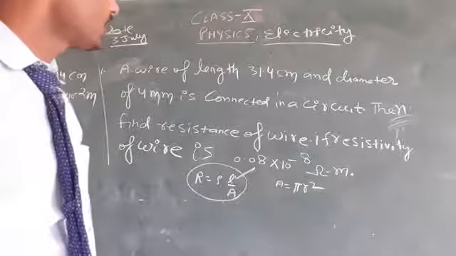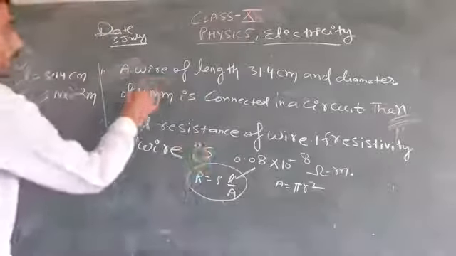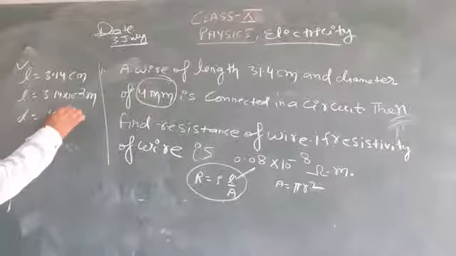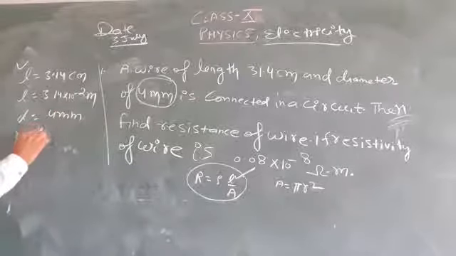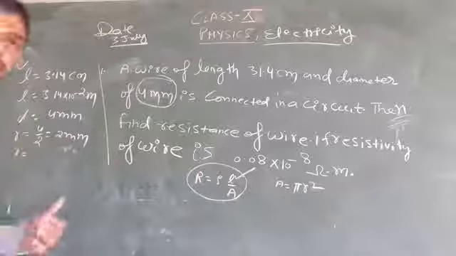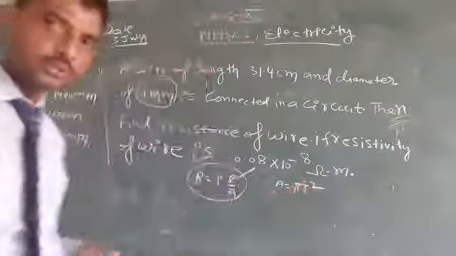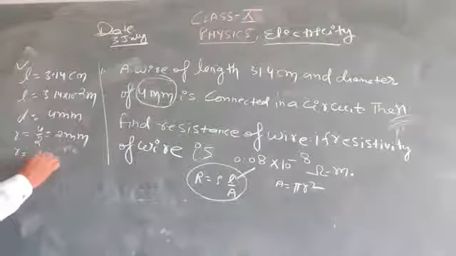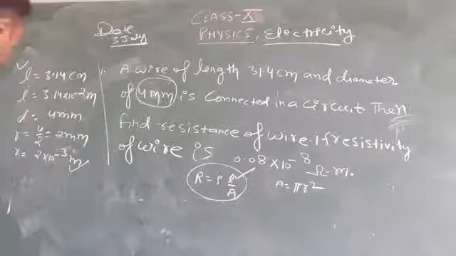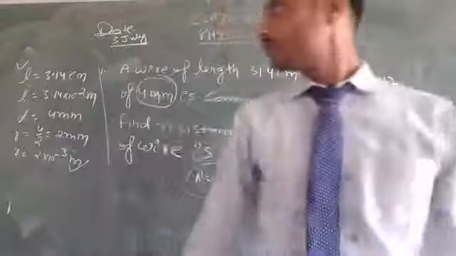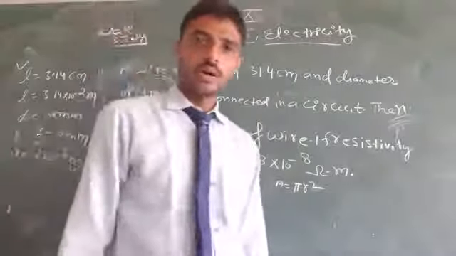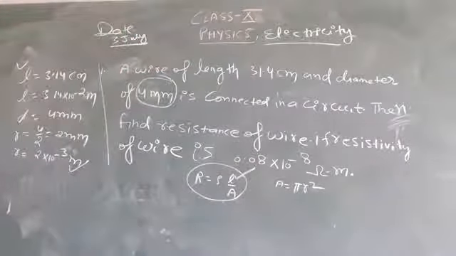And the other value is diameter 4 millimeter. So D is equal to 4 millimeter. Then R equal to 4 upon 2, it means 2 millimeter. And when millimeter converts into meter, it is 2 into 10 to the power minus 3 meter. So I hope you understand how to convert centimeter into meter and millimeter into meter. Now you have to solve your numerical.